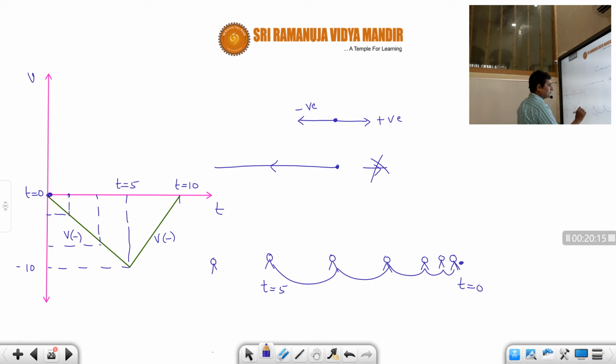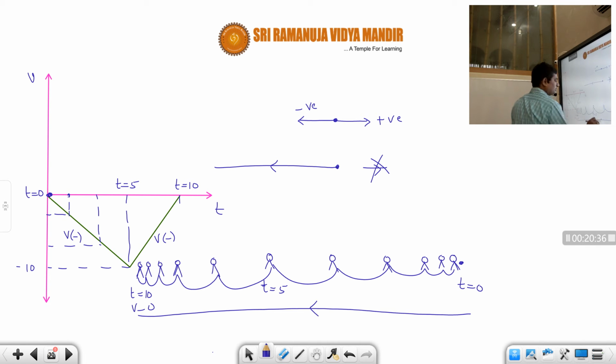Now what will happen? After some time its velocity decreases, and then at time t equal to 10 seconds, its velocity will become 0. So I hope students you understood. So 0. So it is still traveling in which side? It is traveling towards negative side only. Throughout its motion it is traveling towards negative side. But the only thing is, what is happening? Initially it starts with 0 velocity, increases, increases, and becomes maximum here. The velocity is maximum here, and then again its velocity decreases, but in the same direction. Okay, so that's how we should analyze this one, students.